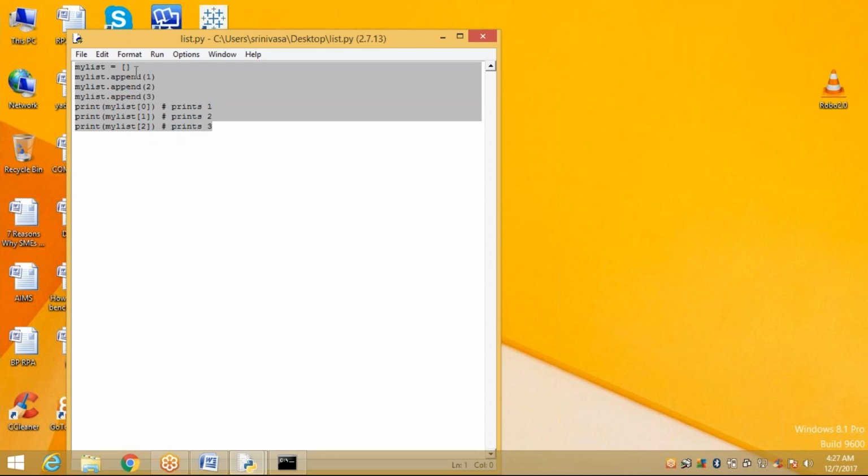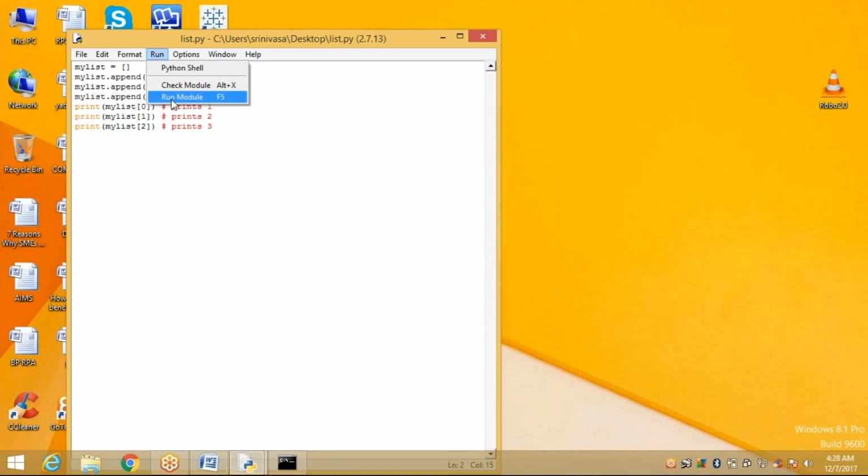My list is equal to an empty array. My list append, I can add 1. My list append, I can add 2. My list append, I can add 3. Now I want to display the values: print my list array of 0, my list array of 1, my list array of 2. So it will display 1, 2, 3.